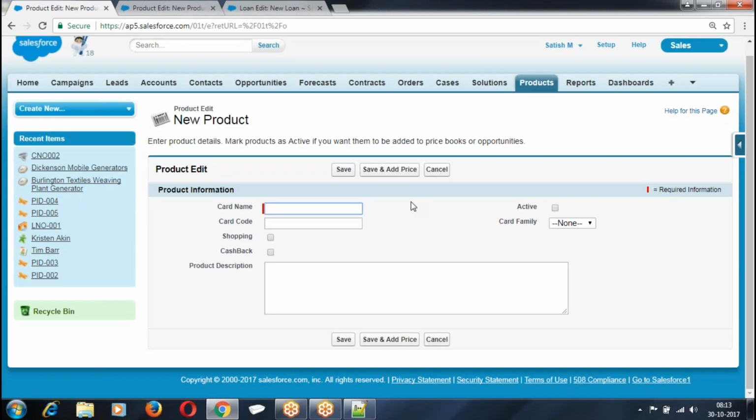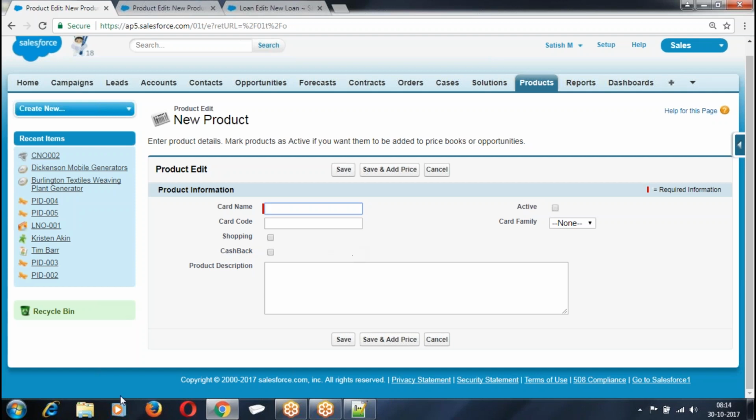We add a card name, card code, card family, and so on. What we have done instead of creating a custom object: find out as per your business where the CRM will fit in and try to make use of the existing CRM. Now, if you want extra things, you can add it up. If you want to modify the existing labels, you can modify. But standard fields, data type cannot be changed. If you want to modify the options or properties, you can modify, but data type cannot be changed.